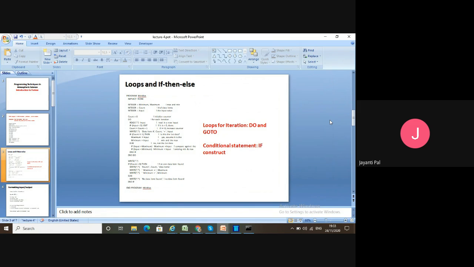In the last program I gave you an example of how you can calculate maximum and minimum using an intrinsic function. The same thing I'm going to do in this program, but using these loops and conditions. There are two things I will show you: one is the iteration, another one is the